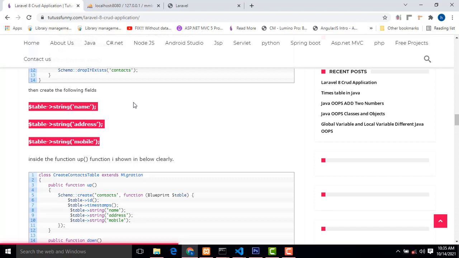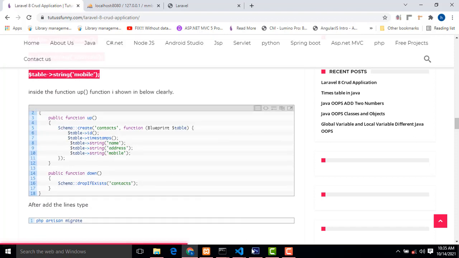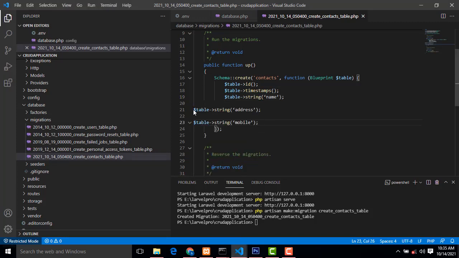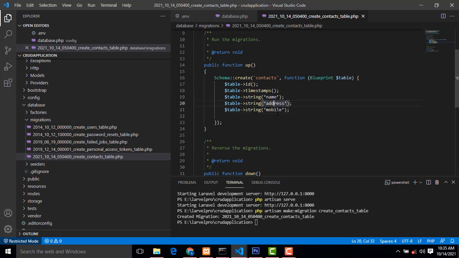You just copy these lines here. Simple. You have to add it over here. I just copy and paste it over here. The same thing you have to do along with the documentation. You can check here: name, address, mobile number. When you paste this line from the Word document, you have to remove the quotation marks and write it like this. This is not right, this is a single quotation. You have to use single quotation marks over here.